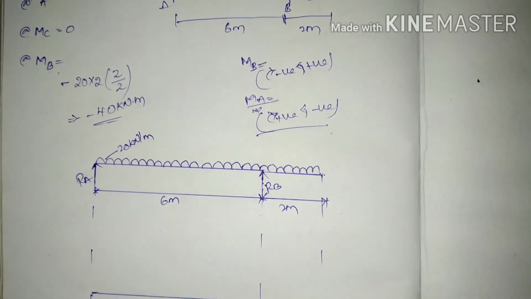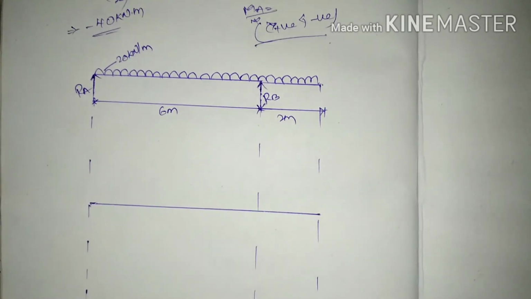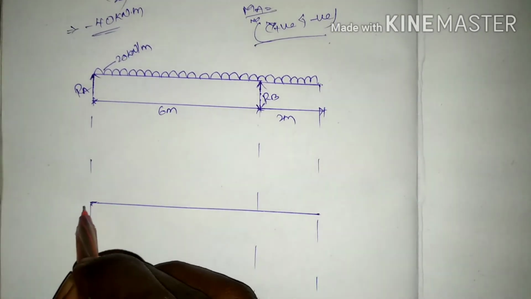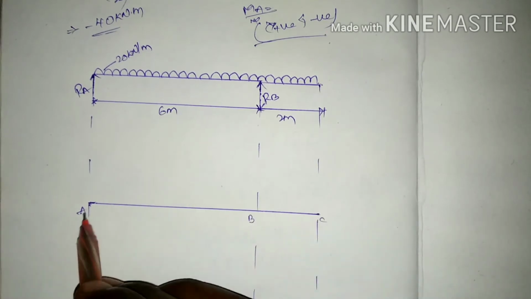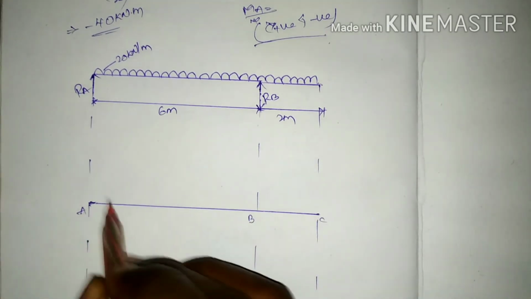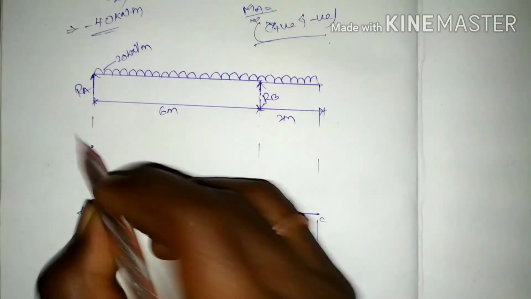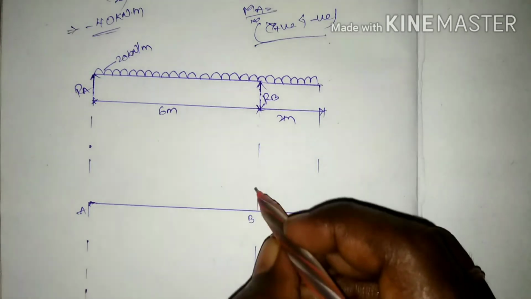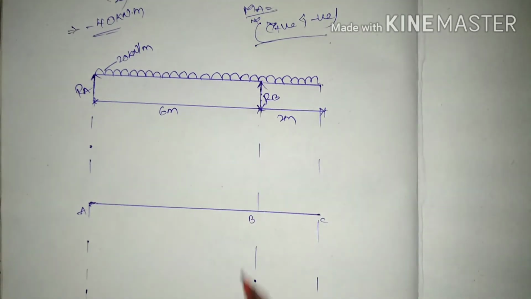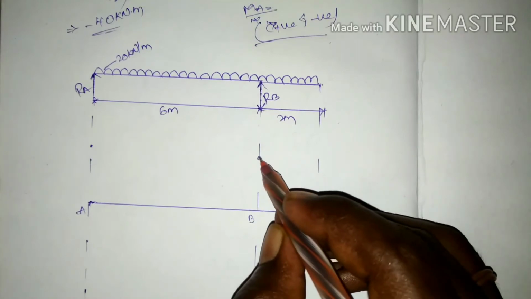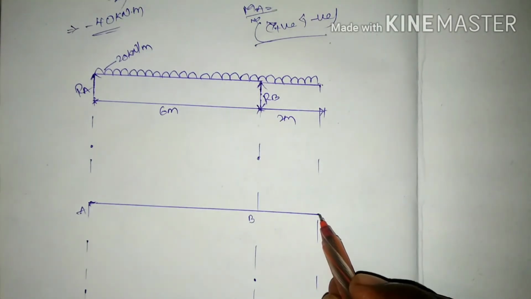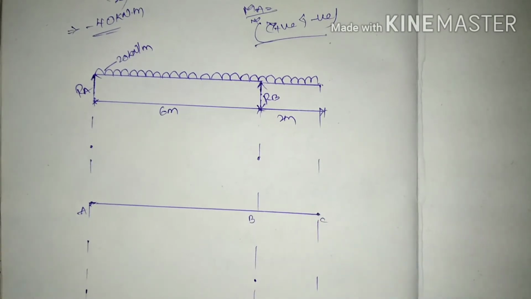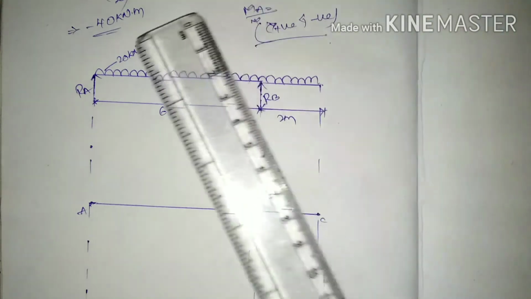This is our diagram to draw the shear force diagram. Here let's consider this is A, this is B and this is C. For the left of A we have 0, for the right of A we have 53.33. Moving on to B, for the left of B we have minus 66.67. For the right of B we have 40 kilonewtons, which goes here. And moving on to C, for the left the value decreases to 0, it is considered as 0. Join these points for the shear force diagram.